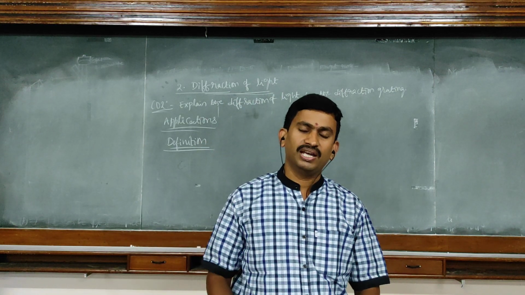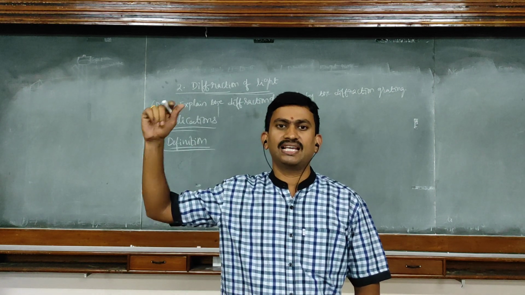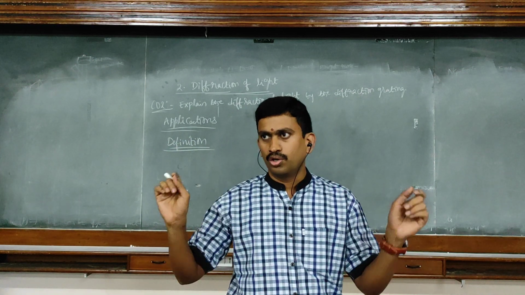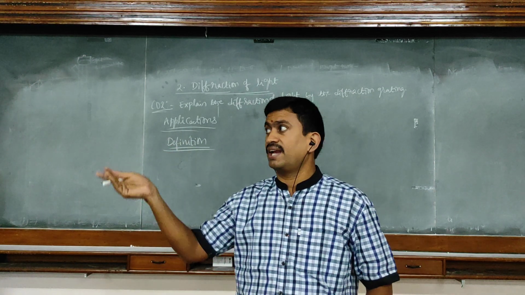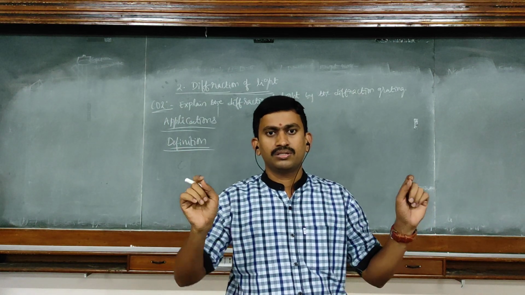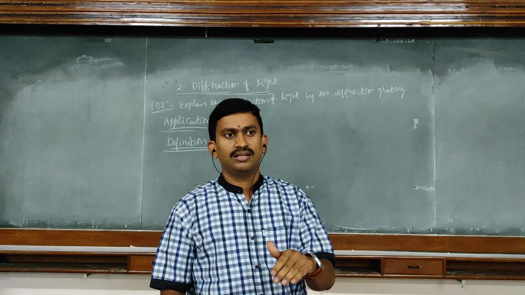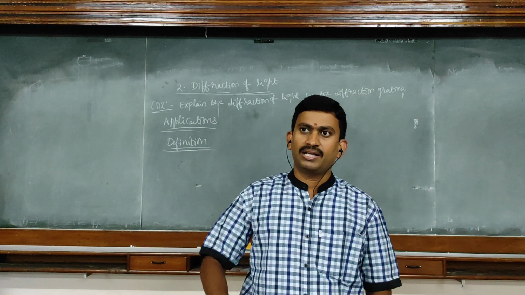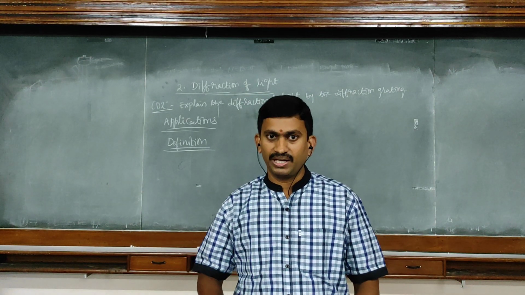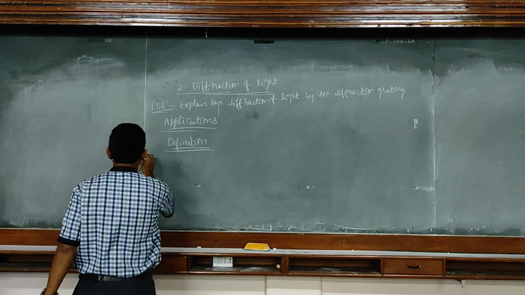The reason for that is, for example, if the sound is generated in the neighboring room, this room has ventilators, doors and windows. The sound can diffract near the doors, windows as well as the ventilators, and it can enter the geometrical area of the room, whereas the light can't diffract, because in order to diffract there is a condition.